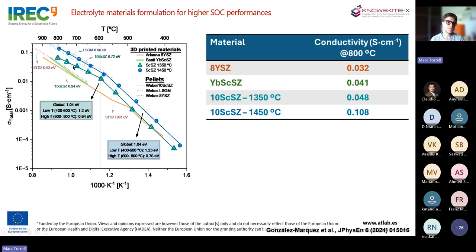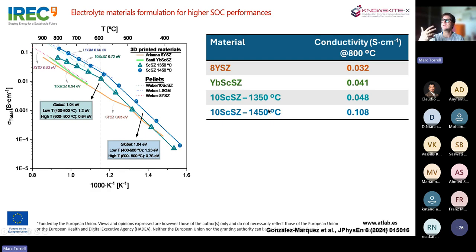Here you have an Arrhenius plot of the different typical electrolytes. These 4 are by 3D printing. So these lines that you can see here are the different 3D printed electrolytes: 8YZ, Ytterbia, here you don't have the 3YZ, but it's a bit worse than this 8YZ, Ytterbium Scandia, and also Scandia doped zirconia. And in the dashed lines, you can compare with the reported values in the literature for the conventional Scandia zirconia, 8YZ, or other electrolytes. So quite happy on that.